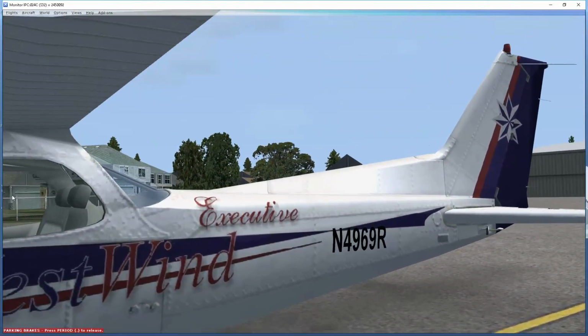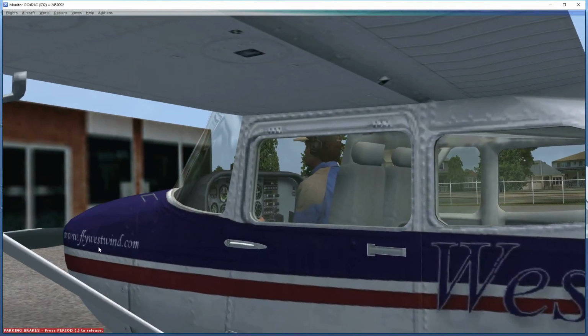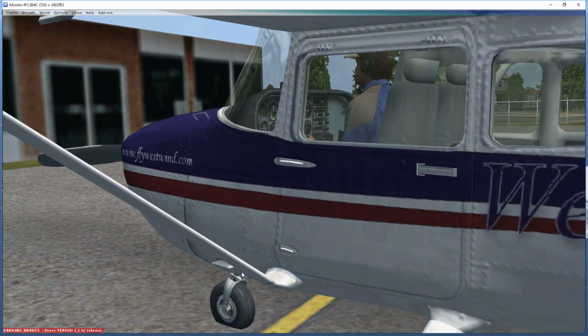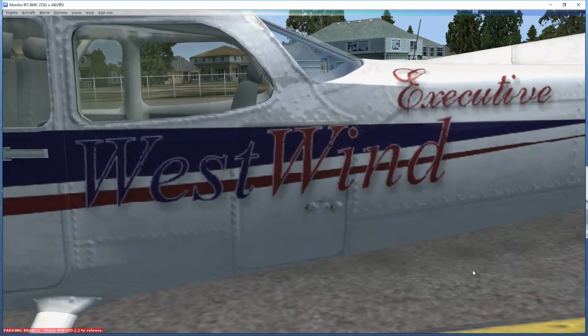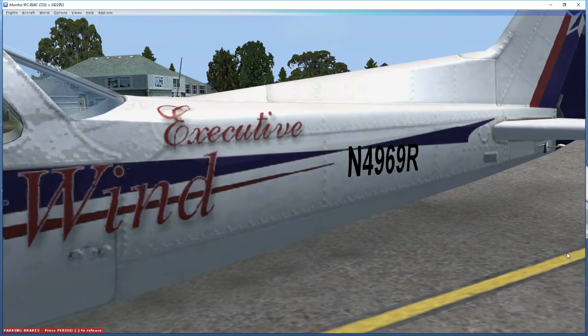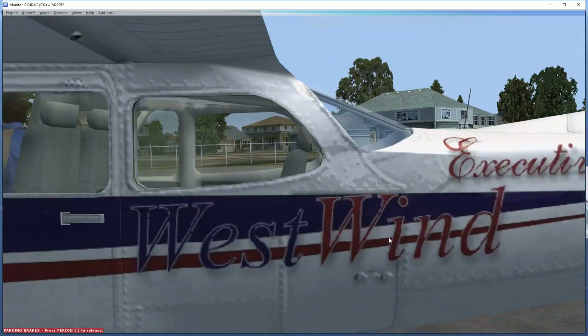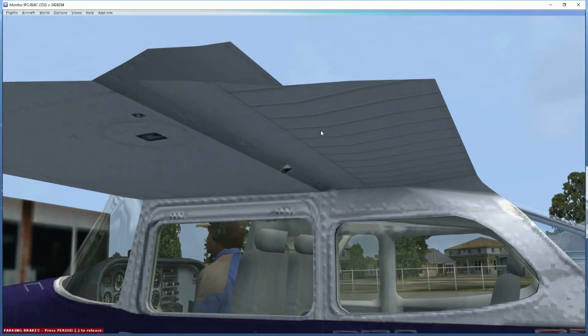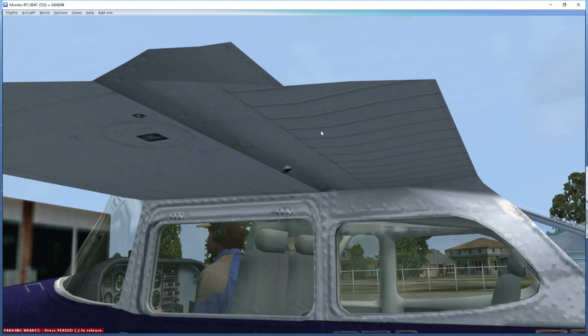On a Cessna, the beginning is usually here at the main door. What we're looking at on the side of the aircraft is wrinkles in the skin of the aircraft. We want to check the passenger door to make sure that it is